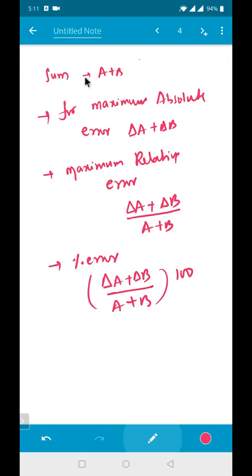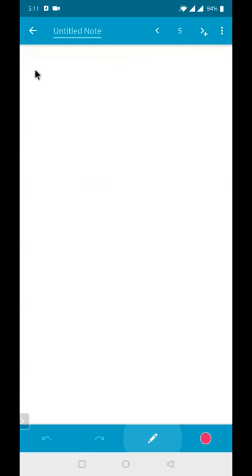So this is the way we write for the sum. So maximum error delta A plus delta B, maximum relative error delta A plus delta B divided by A plus B, percentage error delta A plus delta B divided by A plus B into 100. If I'm talking about the difference,